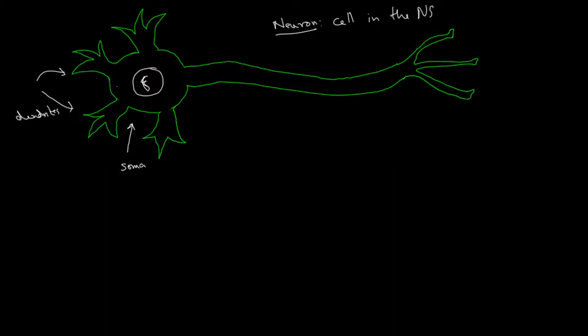And what they are for is they actually are the portions of the neuron that are connecting with other neurons, and they're receiving inputs, whether it's stimulatory or inhibitory. We'll get back to that in just a second. Now, this portion right here